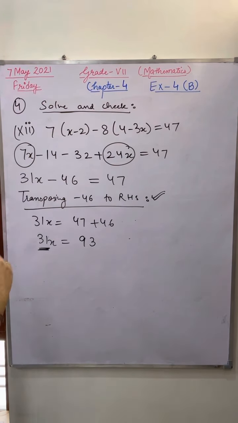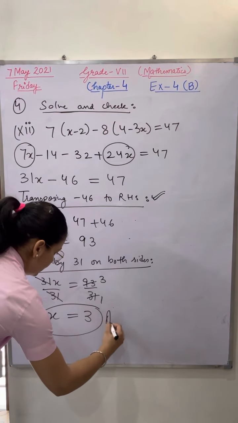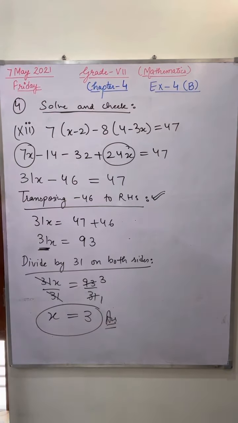Very good. Now please tell me the answer. If I divide here, 31x upon 31 is equal to 93 upon 31. What will be left on the left hand side? Ma'am, the left hand side will be 1x. And the right hand side will be 3 upon 1. Very good. 31 ones are 31, 31 threes are 93. That is 3. So x value is 3. So you are having your value of x as 3. Very good. Please mute yourself.